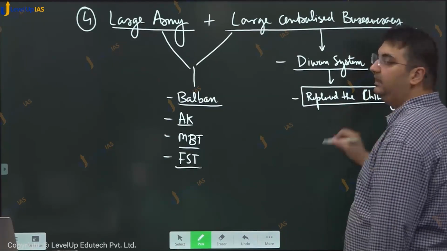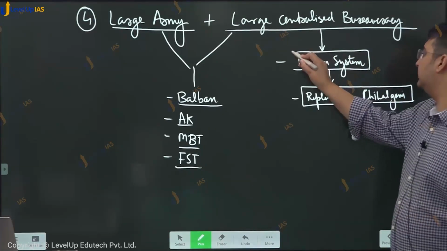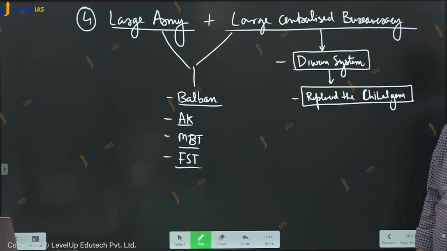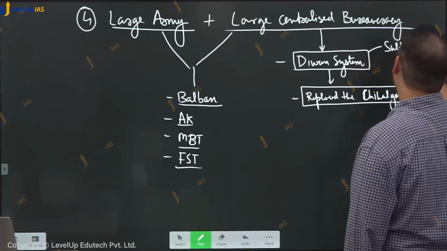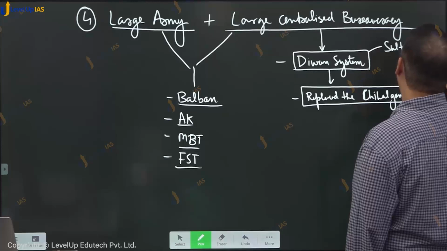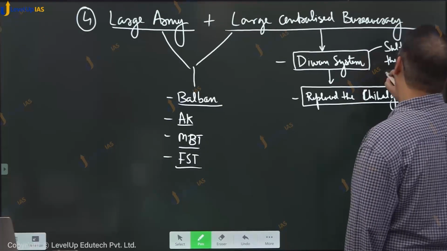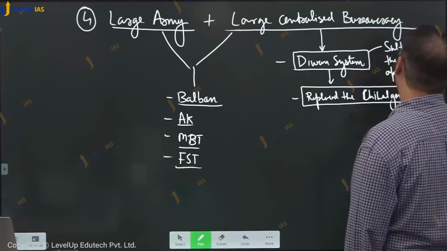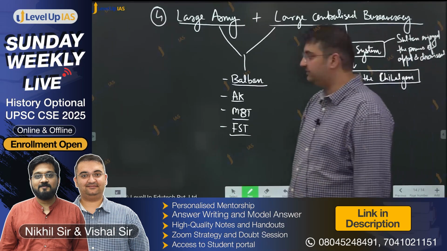While the Chihelgani had hereditary central officials, the Diwan system ensured that the powers of appointment and removal of any central official are always going to be in the hands of the Sultan. So Sultan enjoyed the powers of appointments and dismissals,